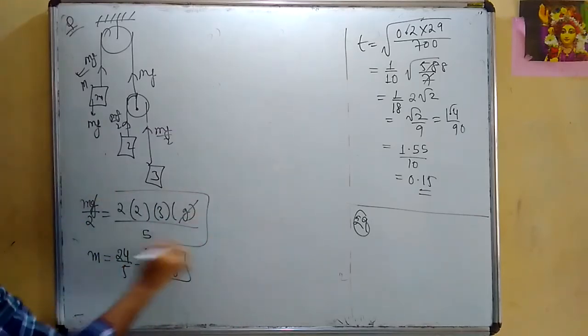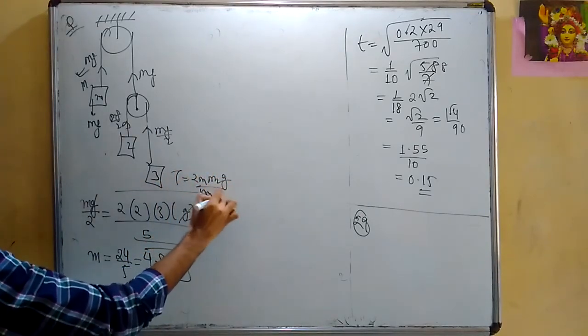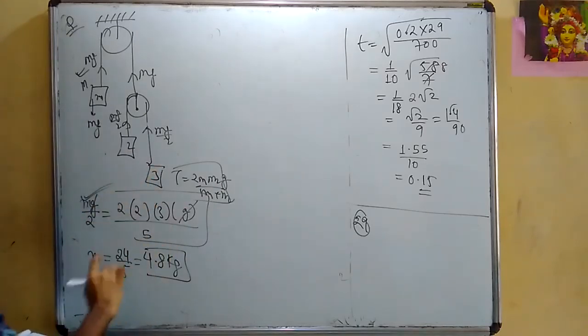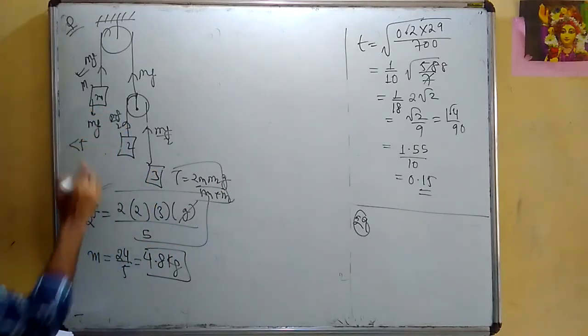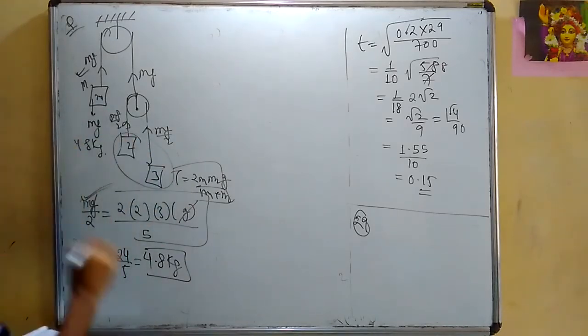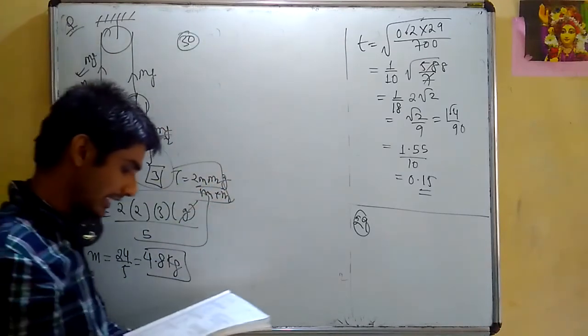I had given this formula, right? Tension का formula लिखा है ना, 2 m1 m2g by m1 plus m2. That directly I have used here. This should be a tension, so I can directly find the value of m. So this should be less than 5 kg. I have exactly found out how much, 4.8 kg. So don't guess the value, it will be 5 kg. Now let us come to final question, question number 30, and then we'll jump to there once check the calculations.